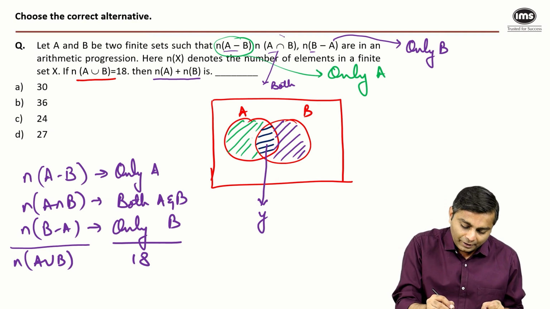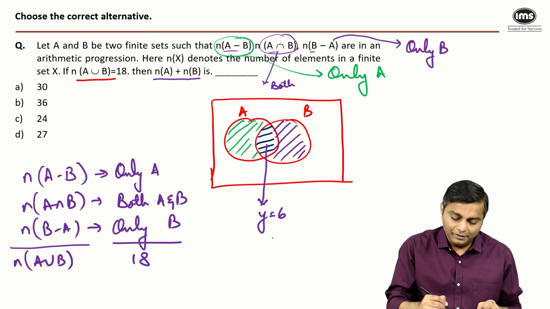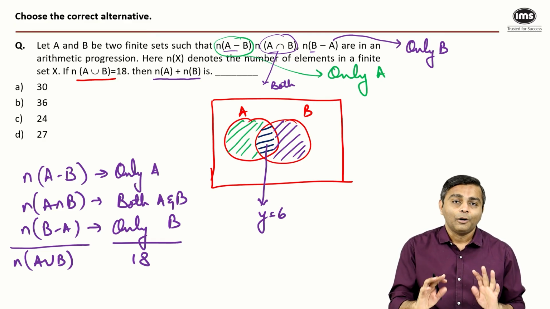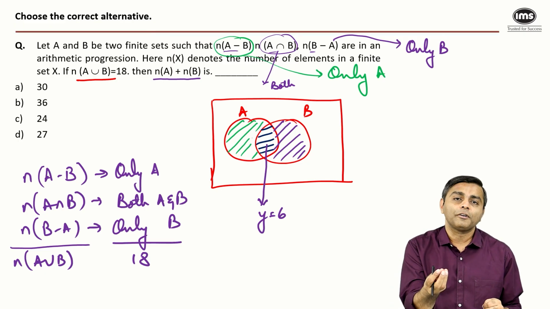Who is the middle guy here? Middle guy is this guy. So this guy is nothing but 6. So this we straight away know is 6. Okay? So the middle guy is 6 because they have given this bit of information that